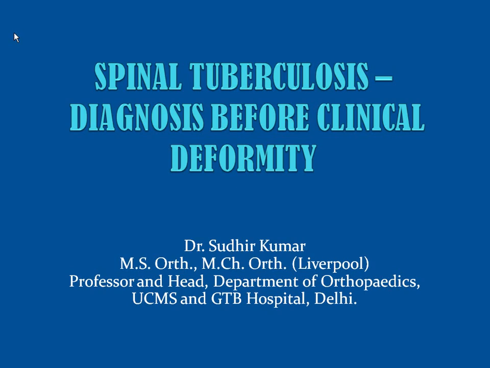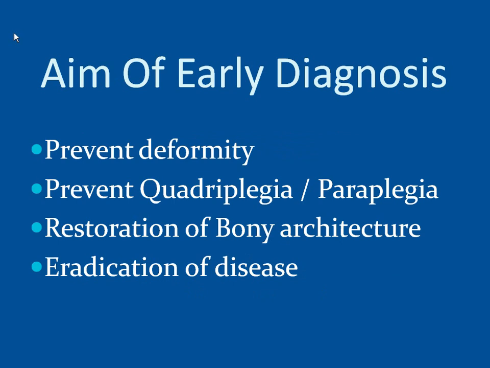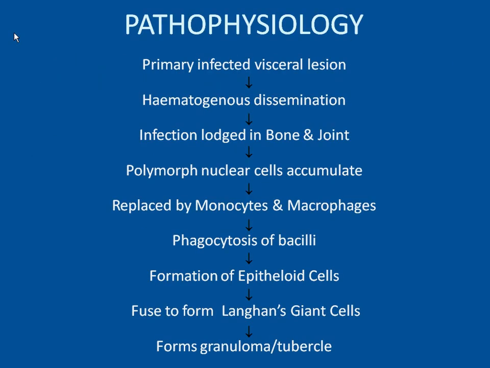So this topic indeed is of extreme importance, and the basic aim remains that we should be able to prevent this deformity. Hence, we'll be able to prevent any quadriplegia or paraplegia. And with the treatment, we should be able to restore the whole bony architecture, and that will help us in eradicating the disease. As we look at the pathophysiology, the primary infected visceral lesion comes up with hematogenous disseminations,